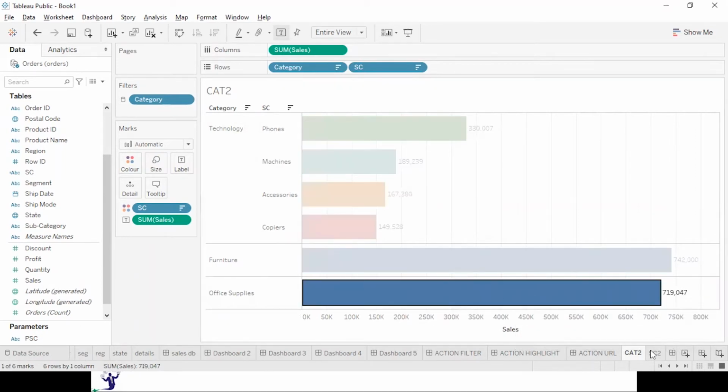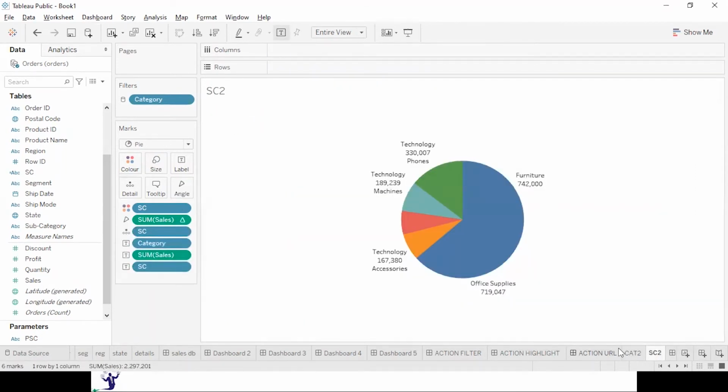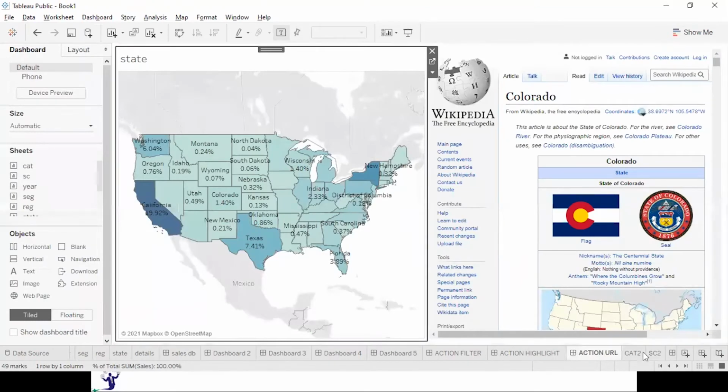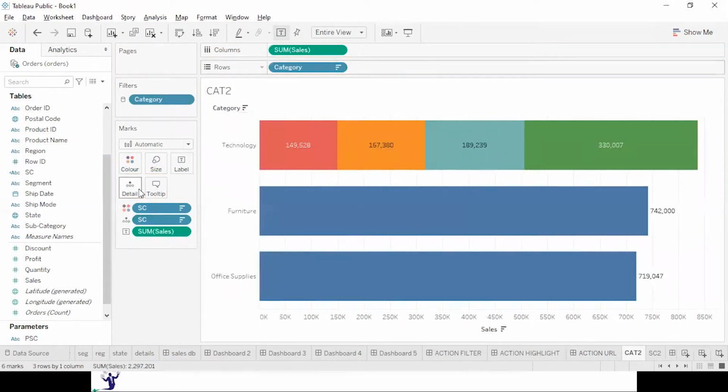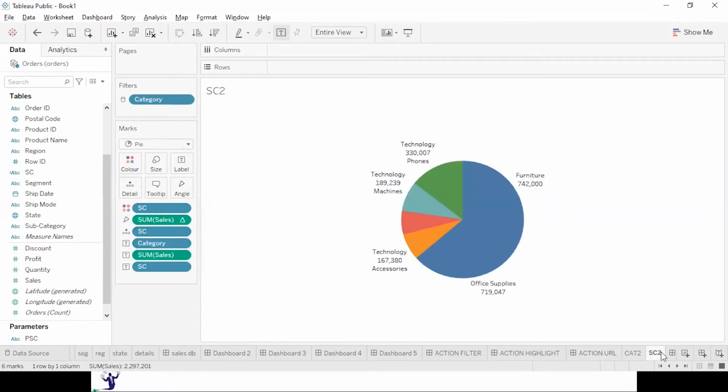It has got stuck. Okay, let me put it into the details. Right. Now go to the dashboard.